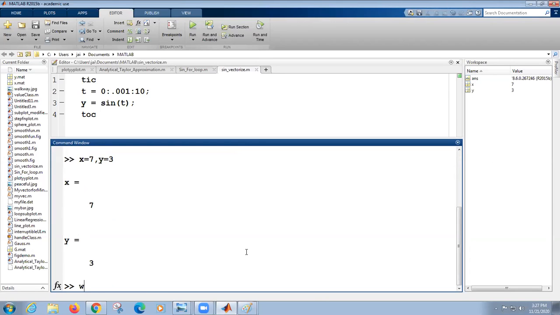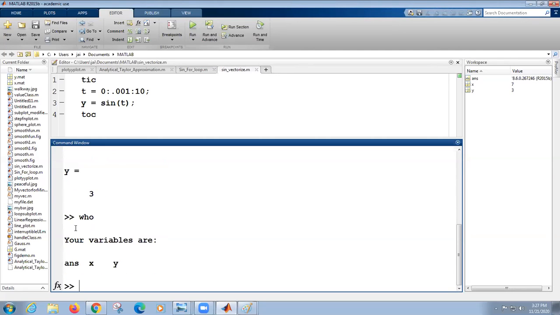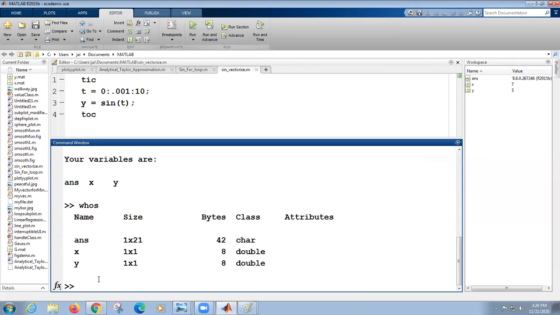Now, if you want to see the variables, just enter who. Now I have the variables x, y followed by ans. Because why? Because here I used a previous expression. By default, if I don't assign to any variable, MATLAB will show the variable name as ans, and therefore it is also showing ans as a variable right away. A moment ago I used variable x followed by y. So MATLAB is just showing those two variables on the screen, x, y. I'll show it now with whos. If I just append s to who, now I can see everything. You see, ans 1 by 1.